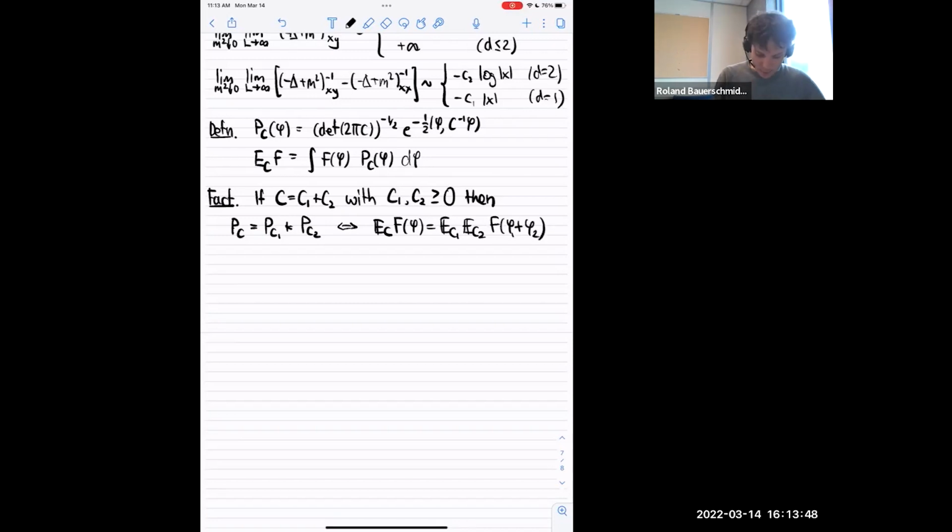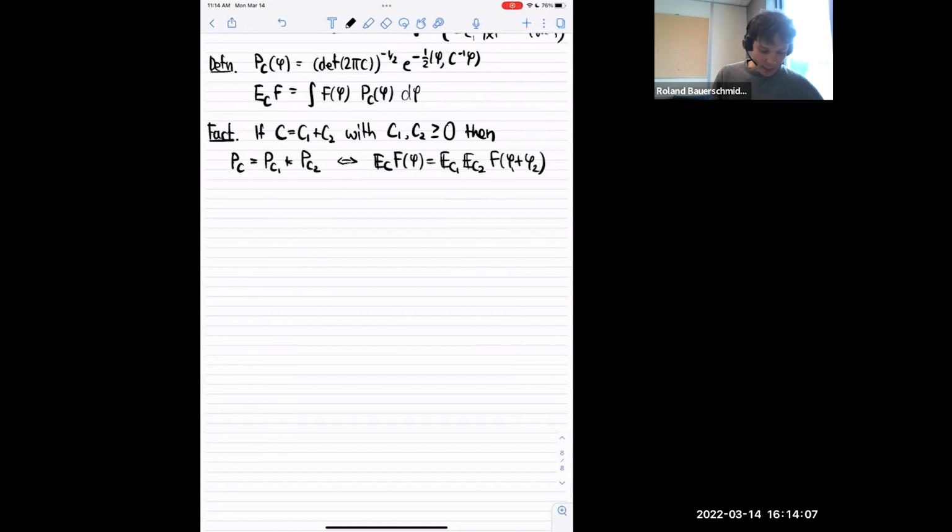Now I'm sweeping a subtlety under the rug here, since I usually say positive definite, meaning positive semi-definite, and the formulas I wrote down only make sense if it's positive definite, but that is easy to take care of, and I'm not going to do that here. This basic identity plays an important role. You can also do it continuously.